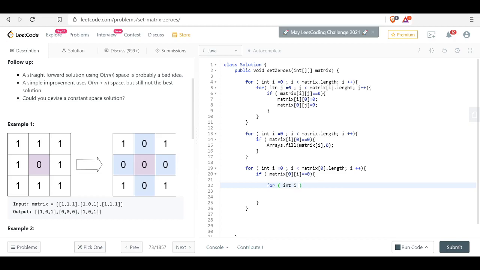We will just do a bit of matrix dot n, j plus plus, and I'll say that matrix. It is simply, yeah, that's fine.